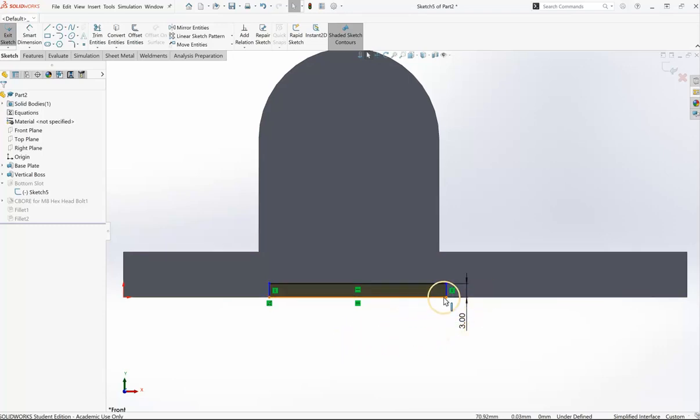And so the reason this is underdefined is we said it does not tie back to the origin. When we created this vertical boss, we did tie this back to the origin. And so that's what we're going to do, but we're going to use sketch relations instead of dimensions. And so if I click here on this vertical line,